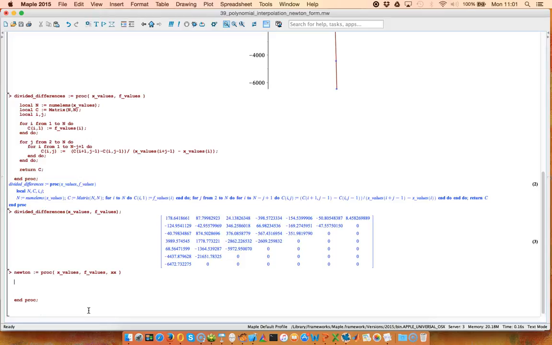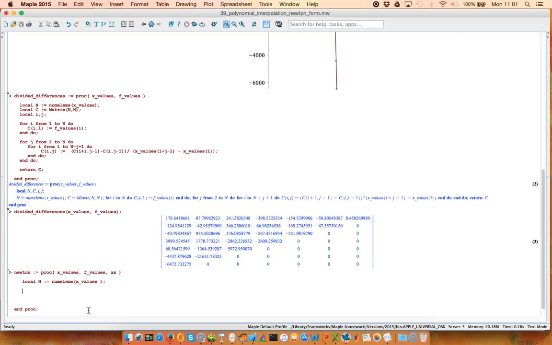Okay, so one more time, it would be nice to know how many elements we are dealing with, or how many sample points we're dealing with. So we're just going to ask how many elements are in x values,